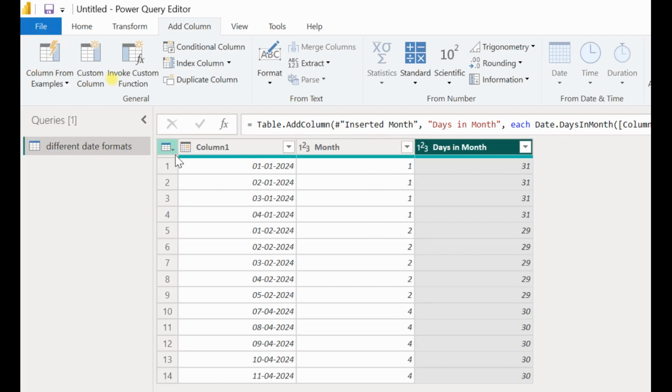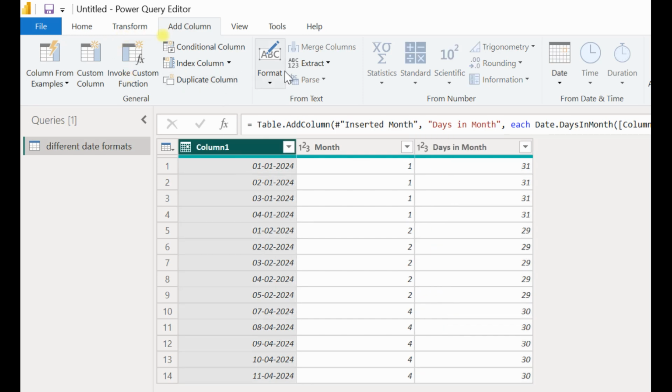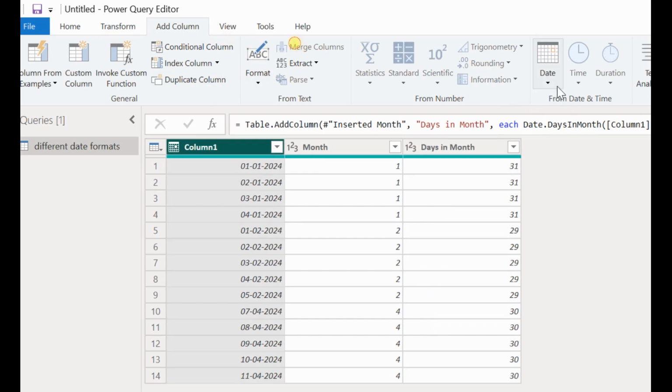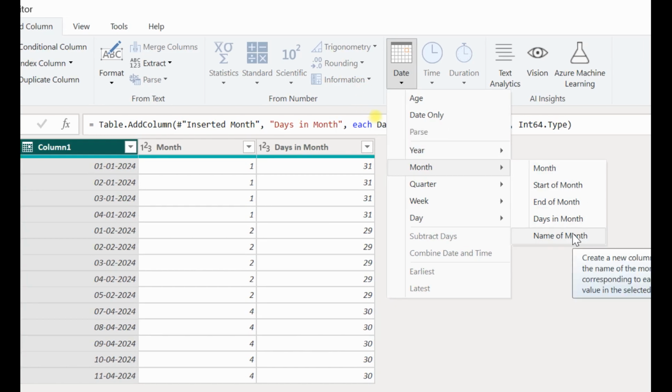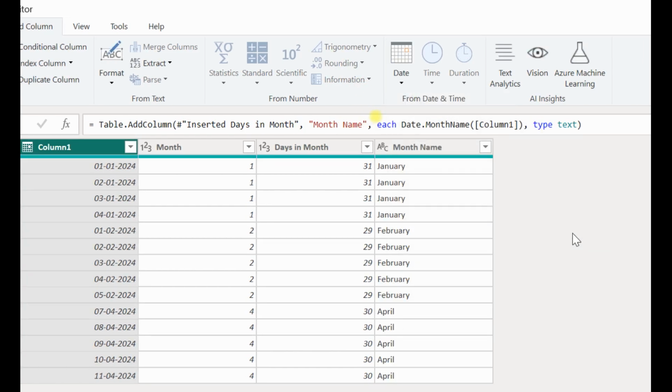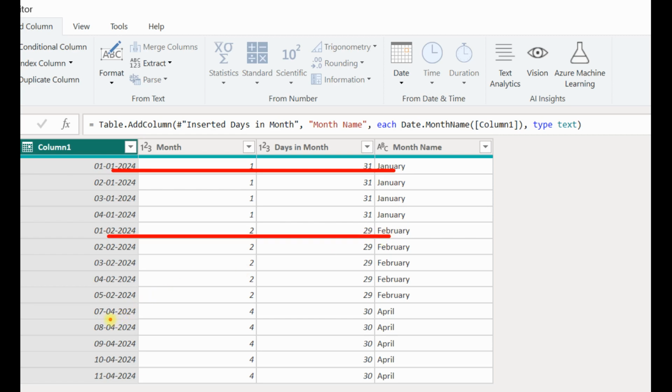Now I want another value from this column 1. I'll just click on column 1, go to the date, and ask for the name of the month. So it gave me the name of the month. The first month is January, the second month is February, and the fourth month is April. Till now we have worked with